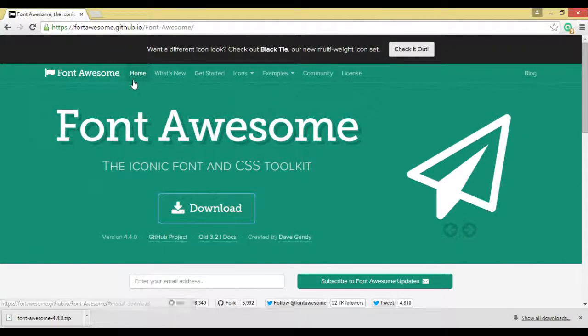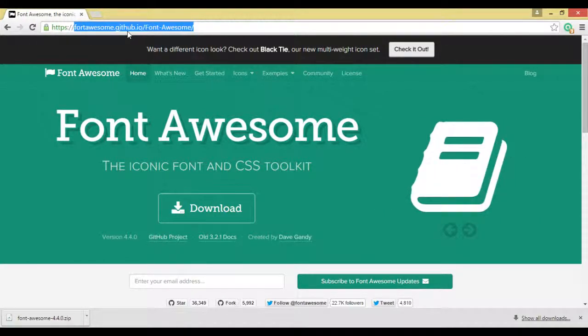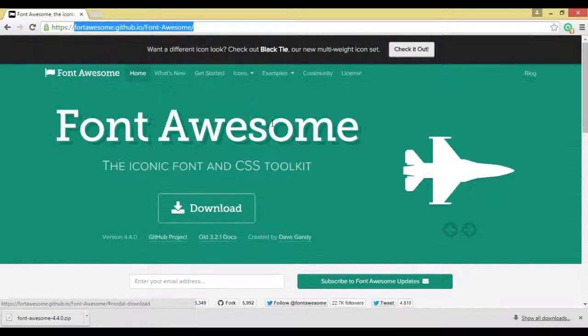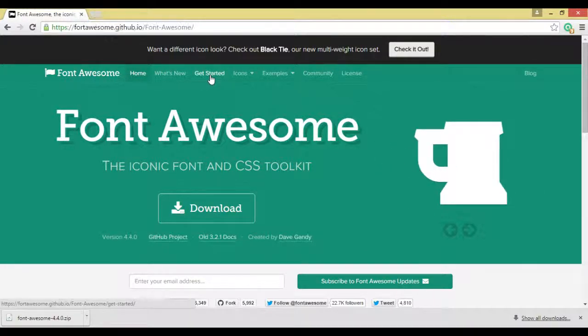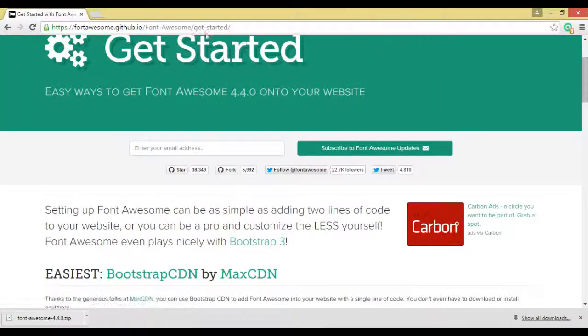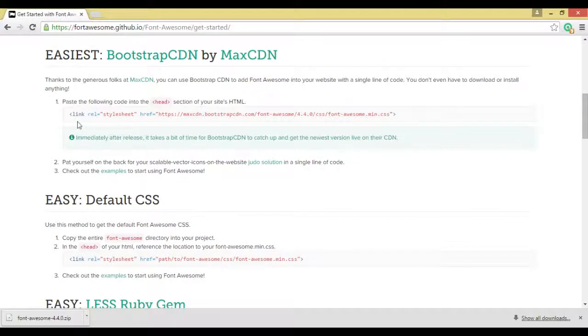You can navigate to this site by using fontawesome.github.io/fontawesome. Let's grab the file. I'm going to click on this Get Started menu, and it will open the Get Started page. I'm going to copy this link from here.